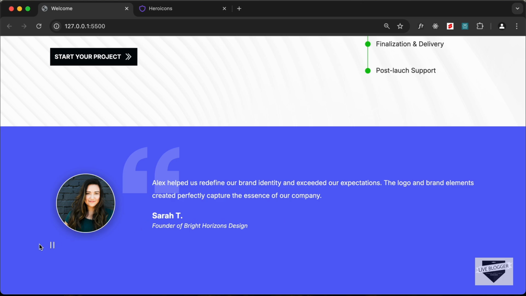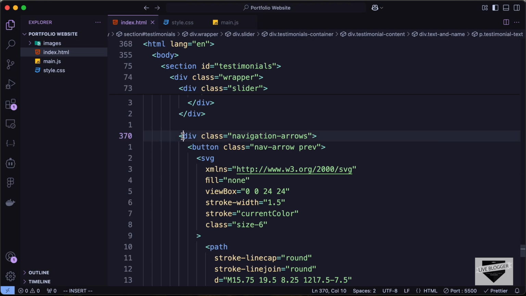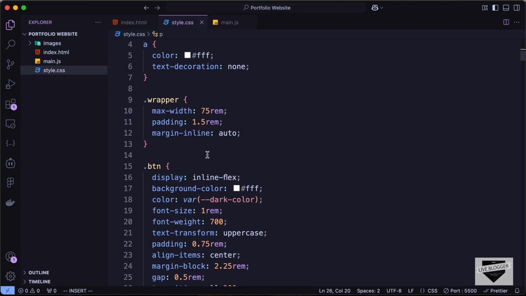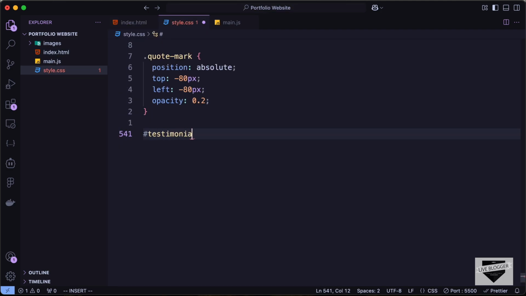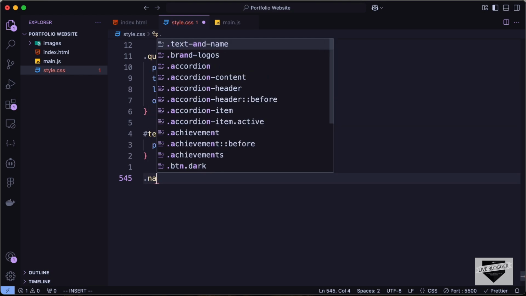Right now let's go ahead and style these navigation arrows. So here we can see we have the navigation arrows inside the wrapper division of the testimonials. Now we need to set the position of these navigation arrows to absolute, and for that we will set the position of the wrapper to relative. So let's go ahead and type hash testimonials wrapper, and let's set the position to relative. And here let's go ahead and target the navigation arrows,